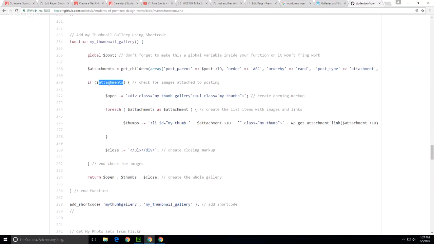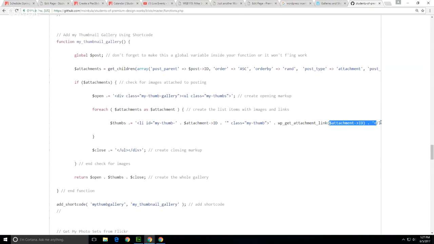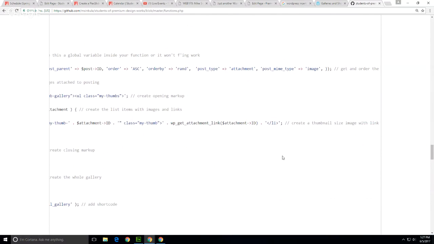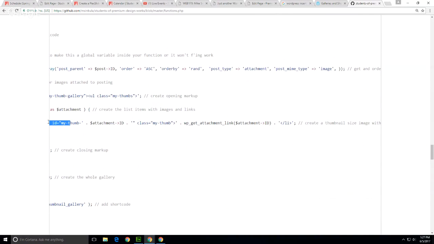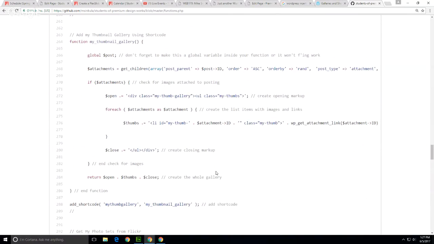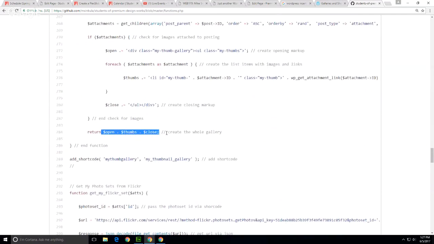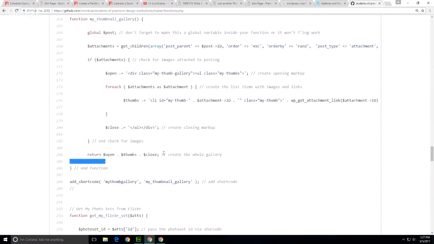And if there are attachments, start writing up some markup. For each one of those attachments, put the image into the page, close the markup, return the, so in other words, this is, instead of you using echo statements,